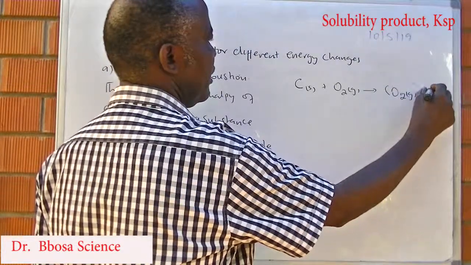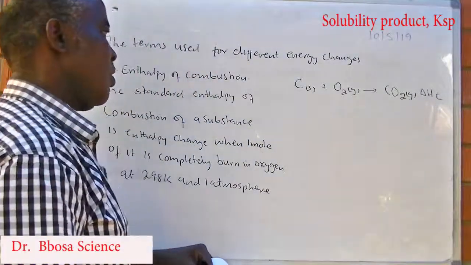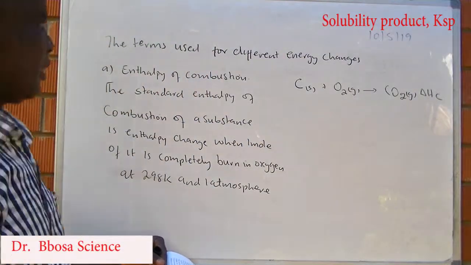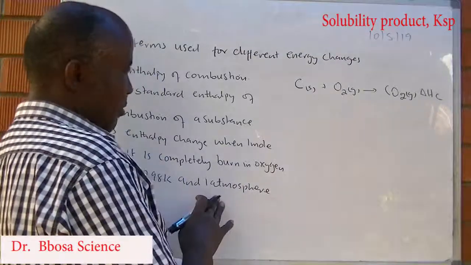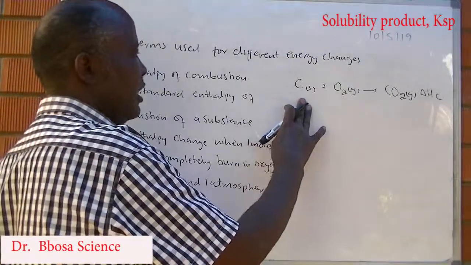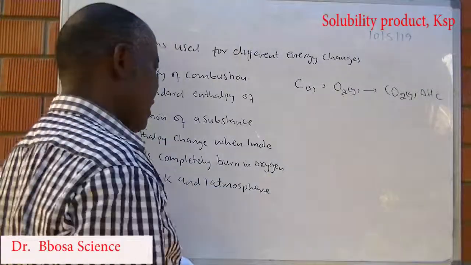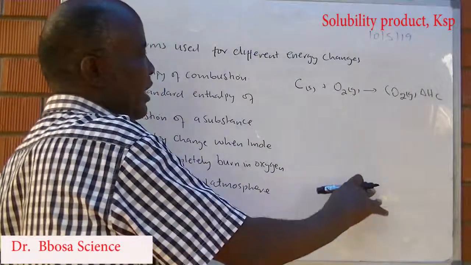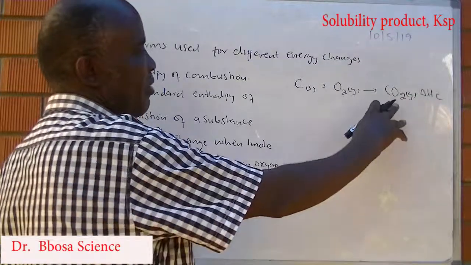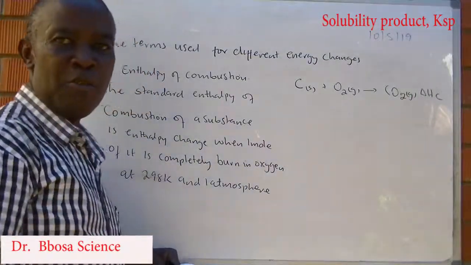Delta H is enthalpy of combustion. At 298 K and 1 atmosphere, carbon is a solid, oxygen is a gas, carbon dioxide is a gas. So when 1 mole of carbon is burned in excess oxygen to give carbon dioxide,